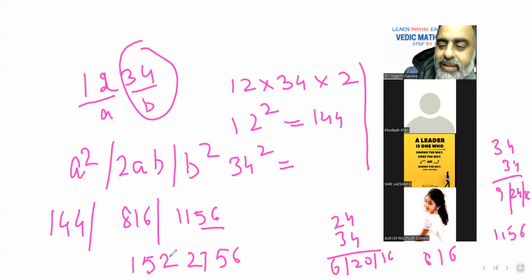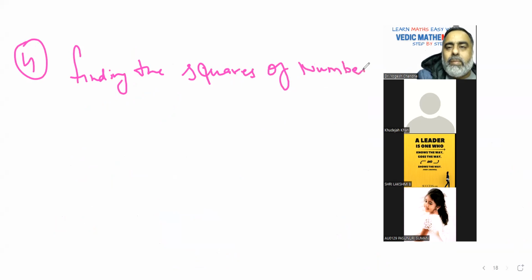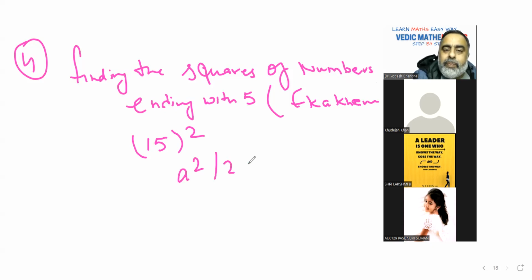Great. Then the easy topic, finding the square of numbers ending with 5. This is the fourth concept in squares. Also known as Ikadikena Sutra. By Ikadikena Sutra, add 1. But how did you get this formula? How did you think that this can be done? That you should know. So if you apply the same a square, 2ab, b square,